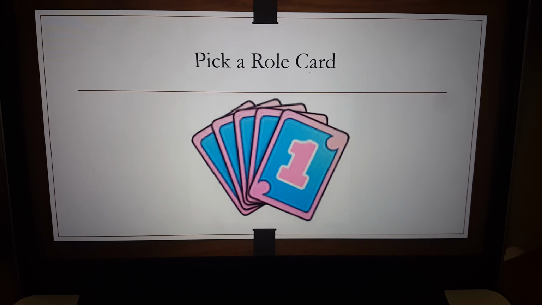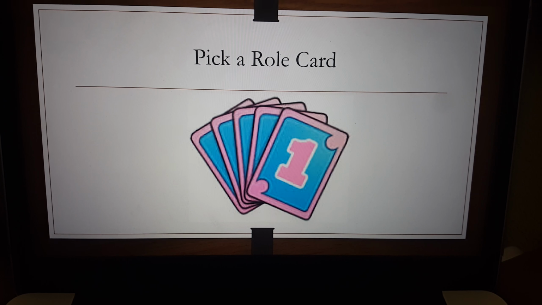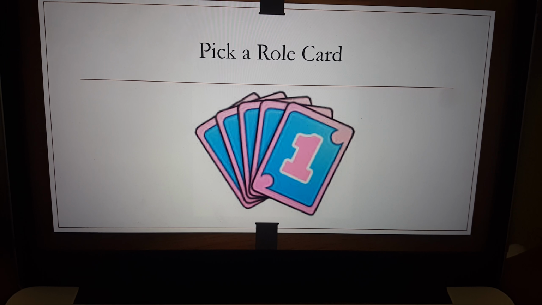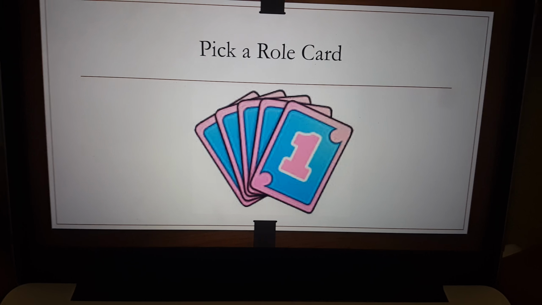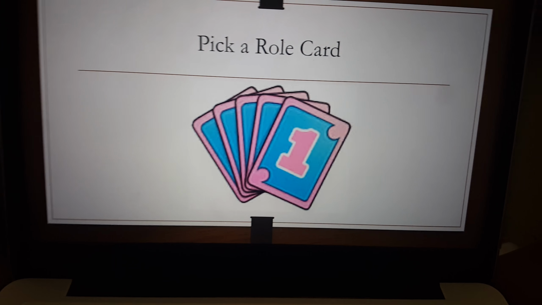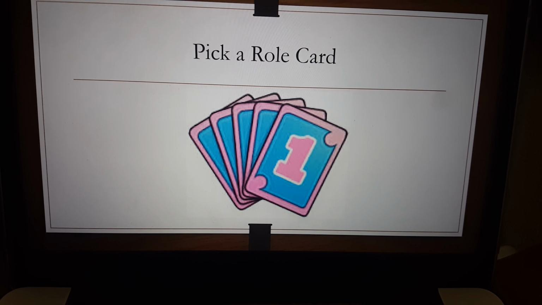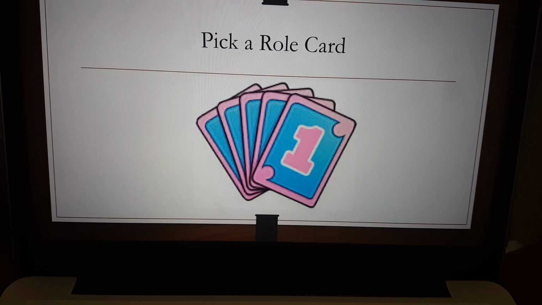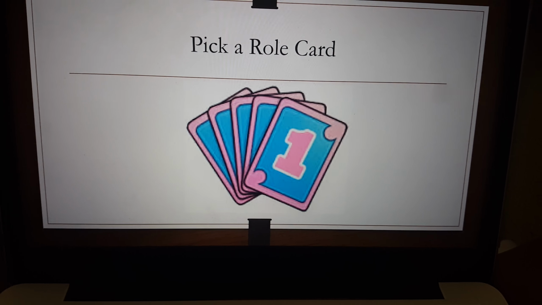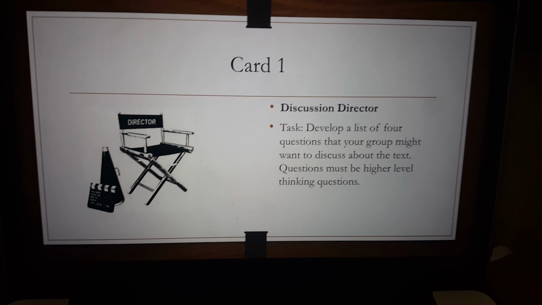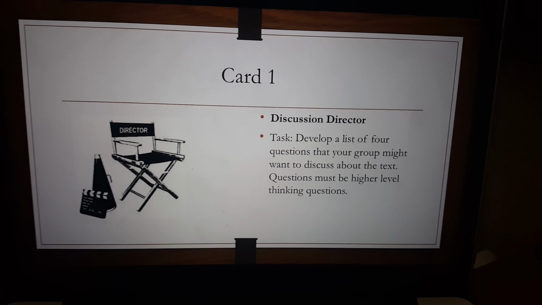Okay, once you have them write the summary, then have them pick a role card. Normally I have my role cards on index cards, and on one half of those index cards you have the actual number, and then on the opposite side they have the actual task and what their job is. You want to make sure that these are laid out on a table with the numbers facing up so they cannot see the task. Once the students pick a role card, the card they receive will say what